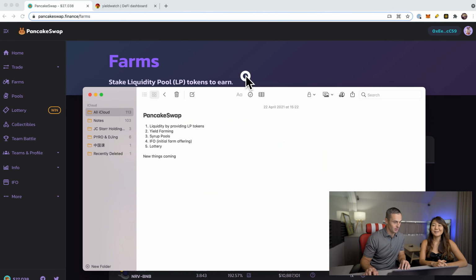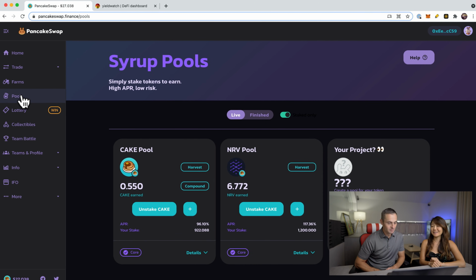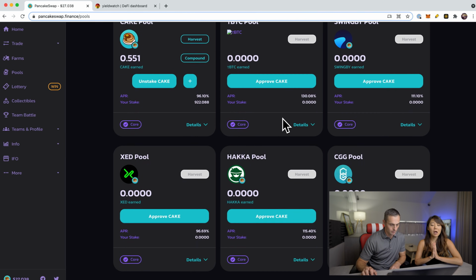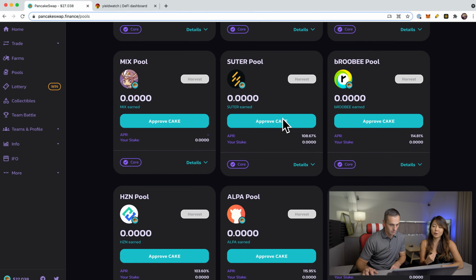The syrup pools. So, this is quite interesting, this part. I like it. If you are afraid of impermanent loss, another way to stake your tokens and earn rewards is syrup pools. So if you have some cake, head over to the syrup pools. There are different pools that you can participate in. All you need is cake, and then by staking your cake into these pools, in reward, you get the